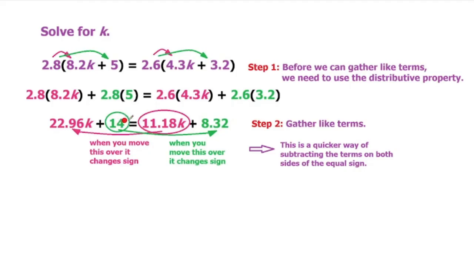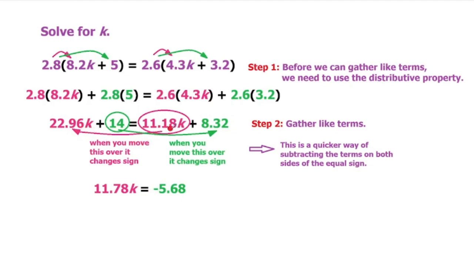So what we would do for this is we would get negative 14 and subtract it from both sides, right? So positive 14 minus 14 would get rid of it here, and then what you're left with on this side is negative 14. So how does that look? When we're done,